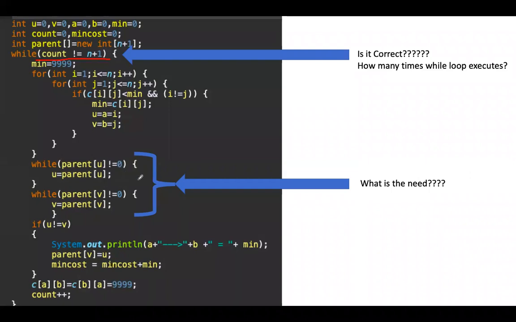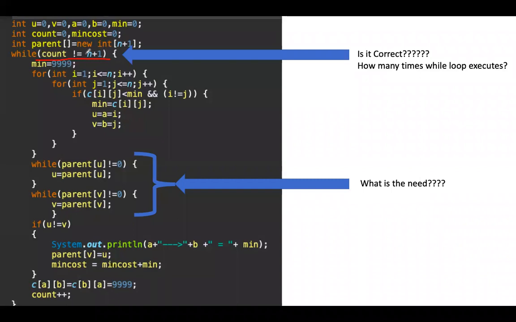For this program also, you must do the tracing, just like you did for the previous Prim's. Do the tracing along with a screenshot of the output, or write down the output. After doing the tracing, you should answer these questions. Is this while condition, whatever is given here, correct or not?